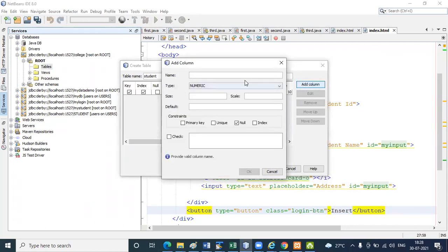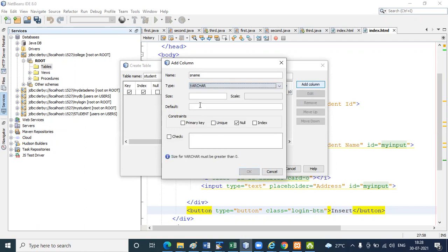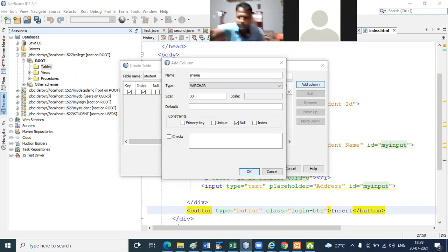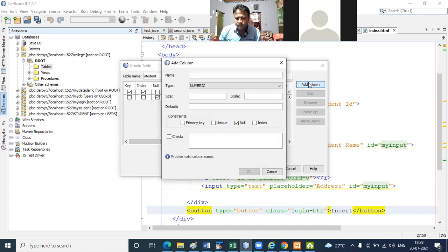Then add column. Student name. Name is also Varchar. Then size is 30. Okay. So I define the size is 30 now. Then add column.